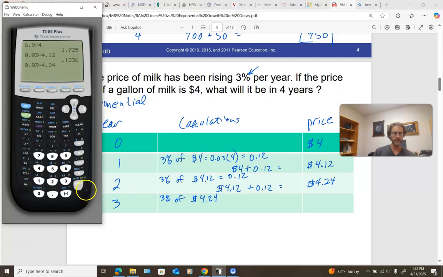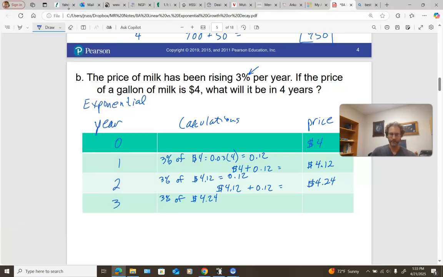So 3% of $4.24, and if I round this to the nearest cent, it will actually round up to 13 cents. Okay, so again, the original price from the previous year plus the 13 cents. So you can see it's grown a little more, hasn't it? And this will give us a total of